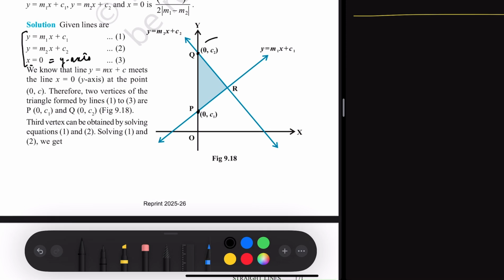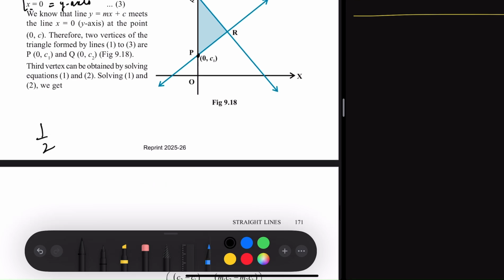We also know the area of a triangle goes something like this, right? I'm not sure about the signs, so you can just look at the signs once, but it goes something like